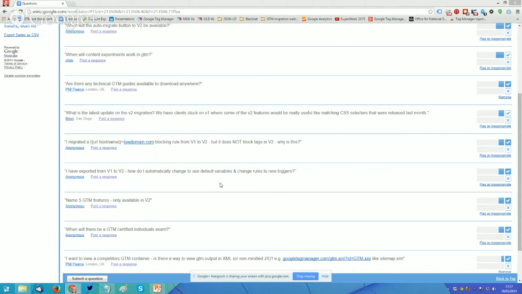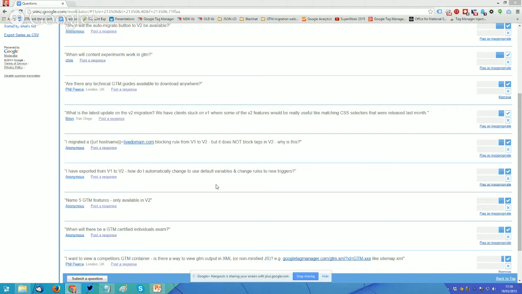So for instance, if you had a macro called URL that you've imported, you'd have to untick the default variable of page URL, then rename your macro to Page URL with a capital P and a capital URL, and tick the box to enable that default variable.